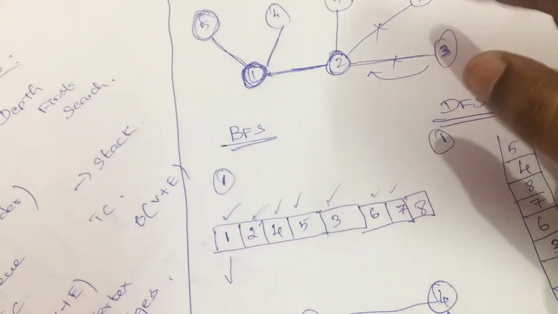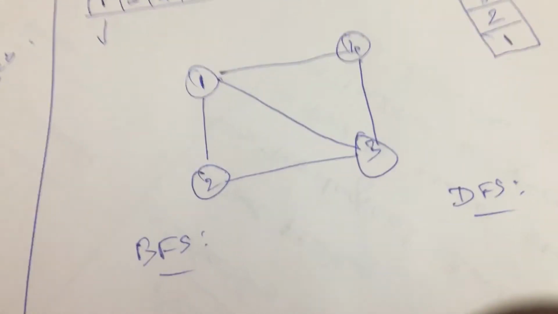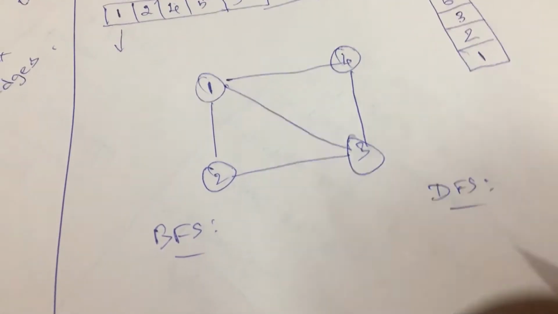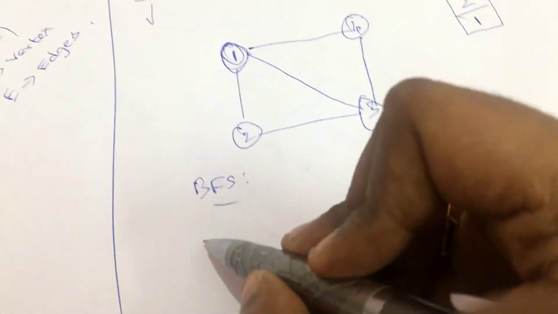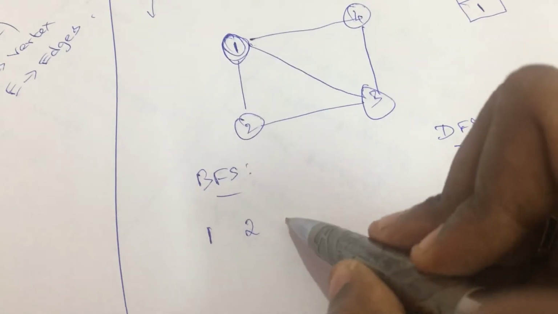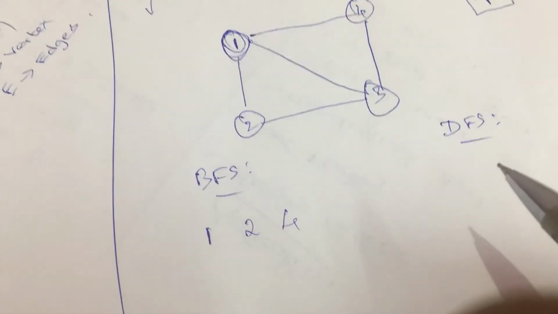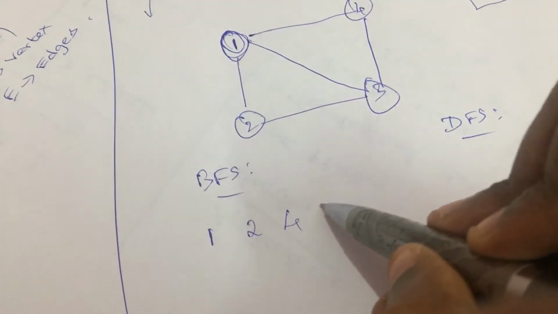So at first we have discussed one example. So now let me take a new example over here, so that you will have a better understanding about this. So for BFS, let's assume that we are going to start with the number 1. So after 1, what are all the nodes I have? So I have 2 connected with 1, as well as vertex 4 connected with this. And after this we also have the node 3 connected with this.